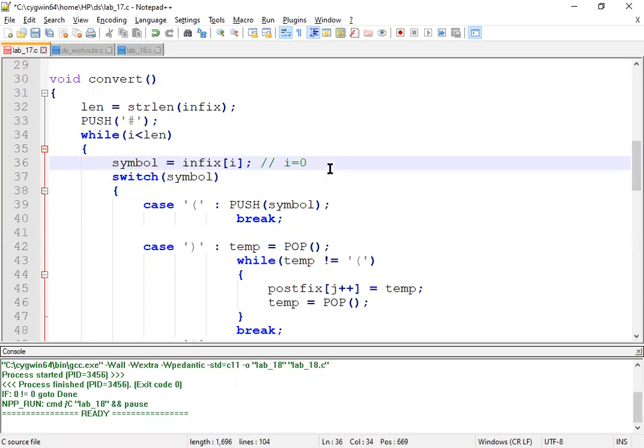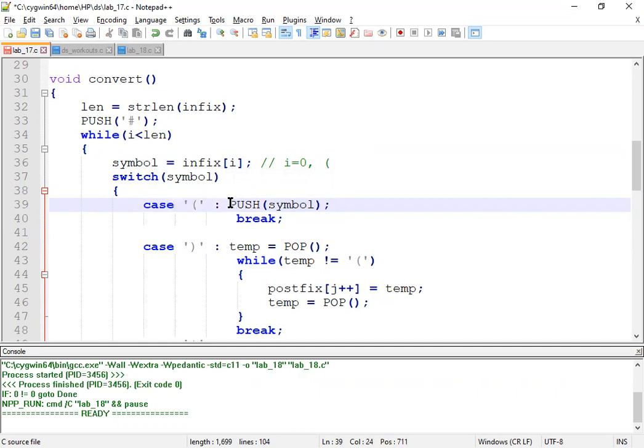The symbol we just read is the open parenthesis, and based upon it we go to the respective case. In switch symbol, the symbol is the open parenthesis, that is the first case. Look here, within the single quotes the open parenthesis is there. The value stored in symbol and this case both get compared, and the comparison is true. That means this case will get executed.